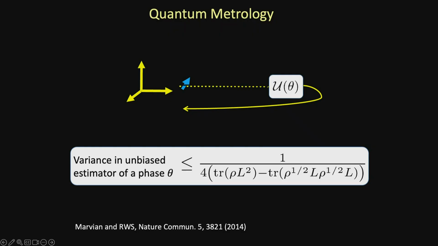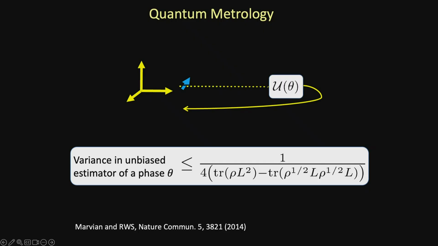Let me first point out this pragmatic angle: we have all these tasks like clock synchronization and frame alignment. Those are called tasks in metrology, when you're trying to come up with standards for lengths and time and things like that, and orientation. These are all called metrologic tasks. A typical metrologic task would be something like estimating the strength of a magnetic field. So that's an example of metrology.